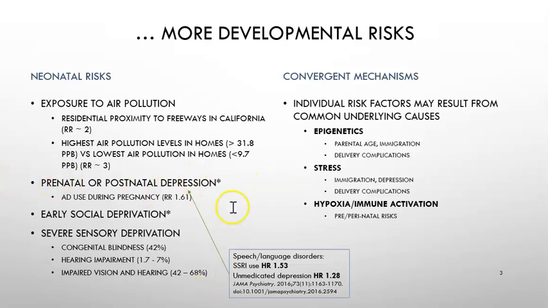Talking about this prenatal or postnatal depression, then we see speech and language disorders, and we see that there is an increased risk with SSRI use. So it's not just for autism, it's other neurodevelopmental disorders as well. So antidepressant risk may be confounded by the fact that many cases of prenatal depression are undiagnosed, and so the antidepressant treatment group risk may be due to depression, not the antidepressants.